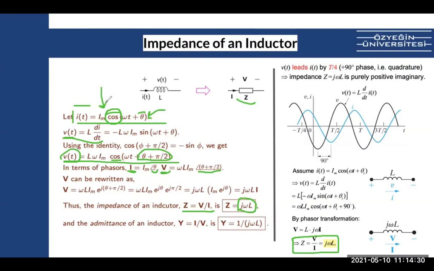Well, this is the current and this is the voltage in time domain. And as you can see, in time domain, there is this extra pi over 2. So if we compare cos and cos plus pi over 2, this pi over 2 makes your voltage lead. The reason the voltage leads is, I usually look at them at 0 time. So if I give this omega t plus phi 0, here this omega t plus phi will be also 0,